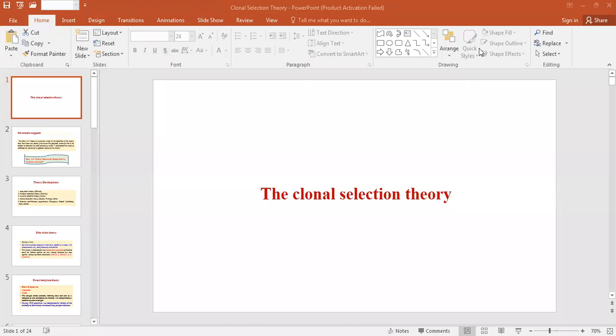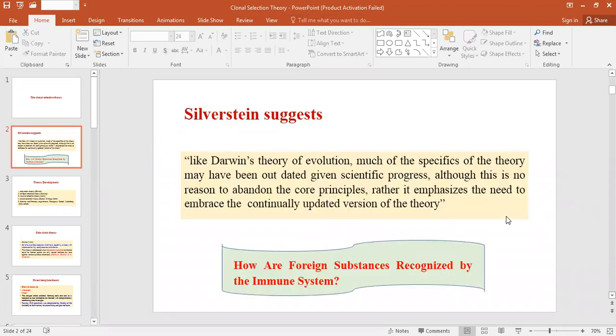So the topic to be discussed today is clonal selection theory. Before starting this topic, I want to share a quotation of an eminent immunologist, Silverstein, who suggests